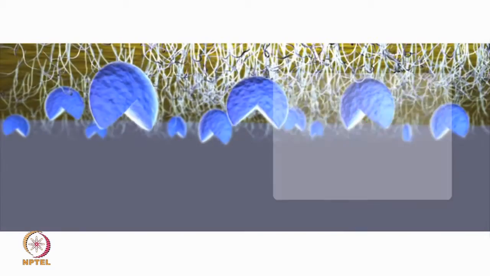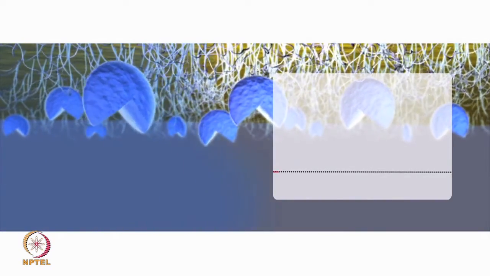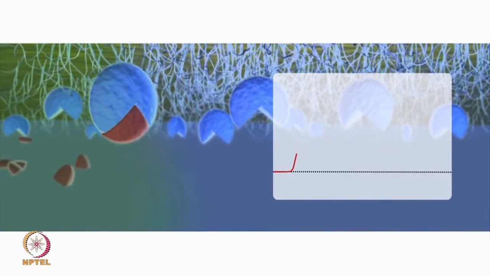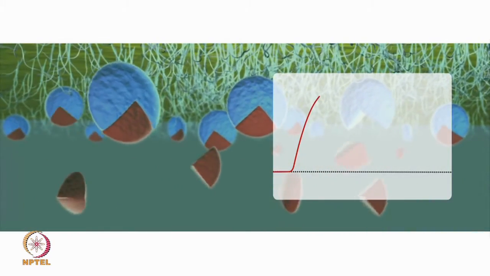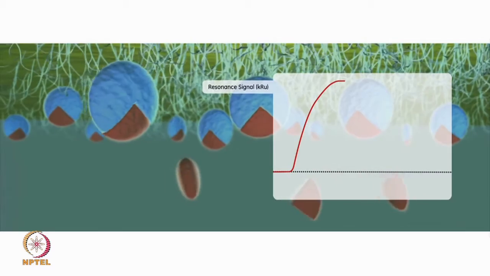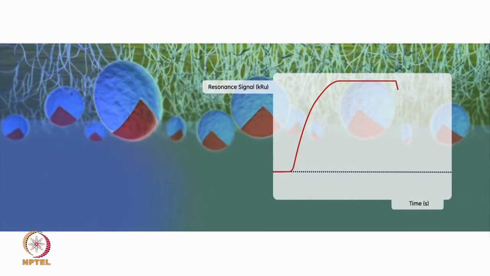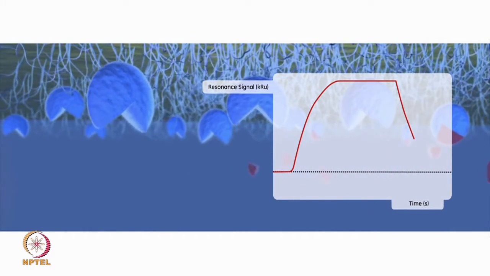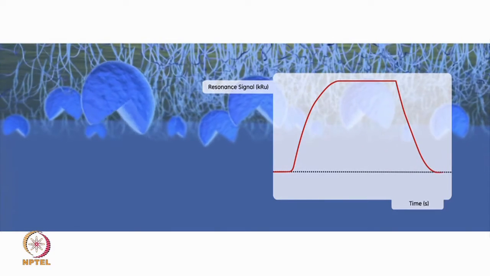The sensor surface, the microfluidic system, and the SPR detection unit work together to measure biomolecular interactions. The result from the detection of change in refractive index is displayed as a sensorgram, where the binding response on the y-axis is plotted against time on the x-axis. Since light does not penetrate the sample, analyses can be performed on colored, turbid, or opaque samples.